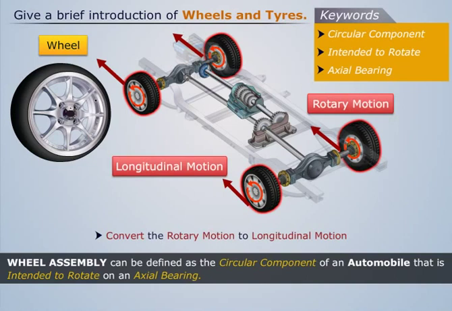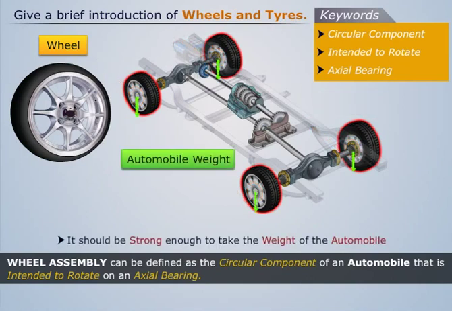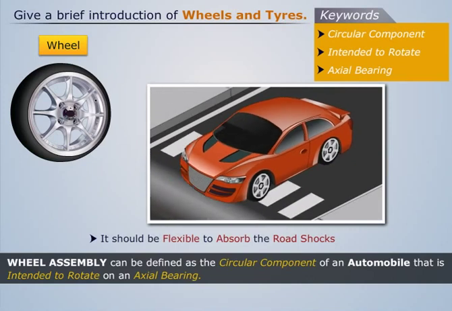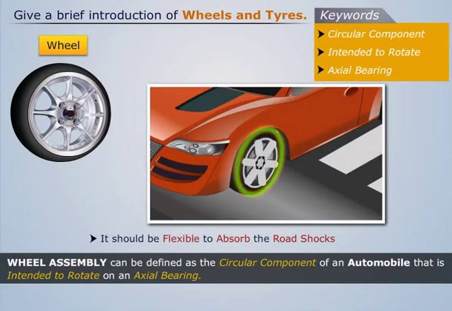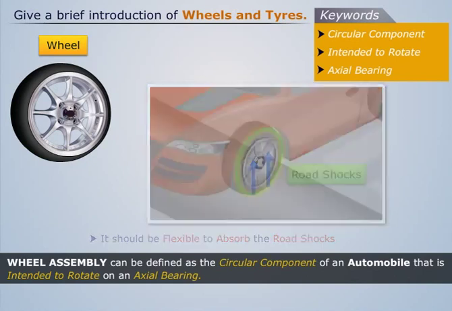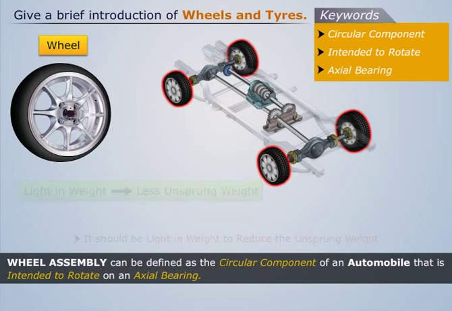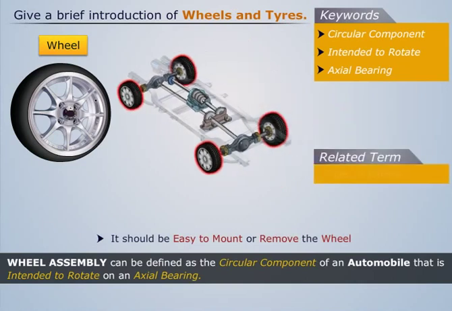To cater to these functions, a good wheel must have the following properties. It should be strong enough to take the weight of the automobile. It should be flexible to absorb the road shocks. It should be light in weight to reduce the unsprung weight. It should not deteriorate with weathering and age. It should be easy to mount or remove the wheel. The related term is